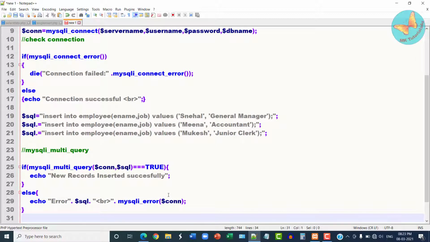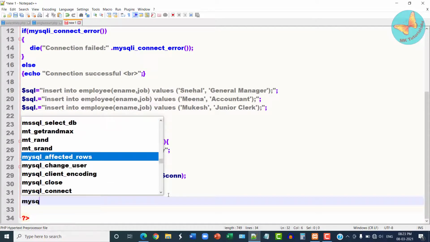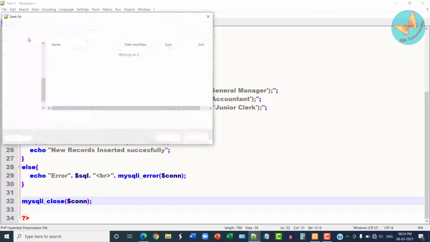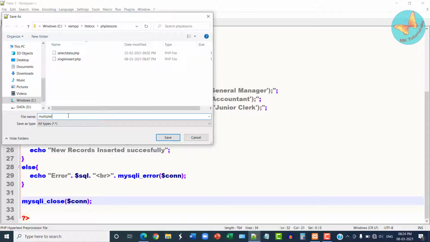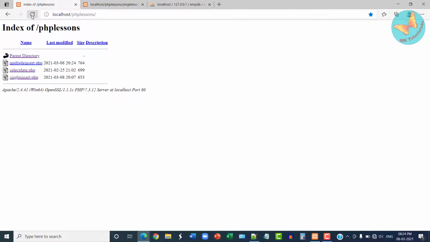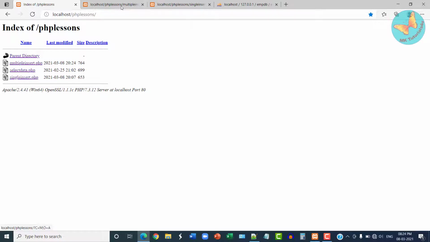Close it, and as is our normal practice, I'll close my connection. So save this file with the name multipleinsert.php.